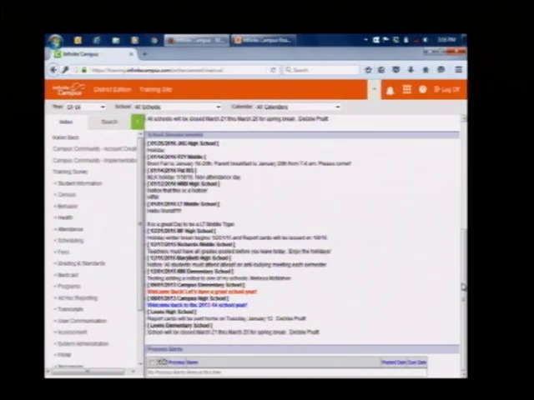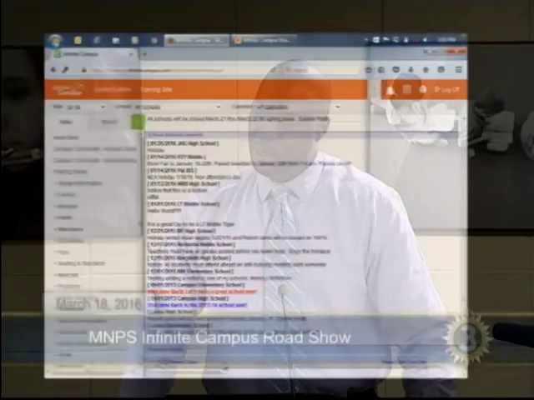At the bottom, it may be a little difficult for some in the back to see it, but if you can see that, this area is called process alerts. What process alerts are for is letting you, the user who just logged in, know that you have an action that you need to take on something. It's a specific message to you or something that's a little bit more important than just an announcement.